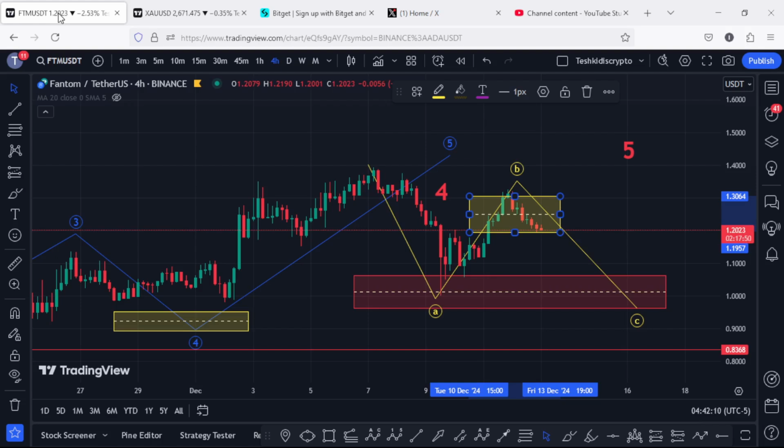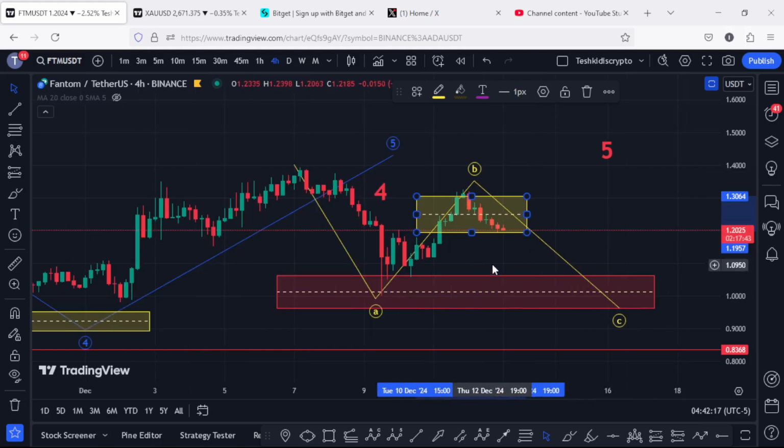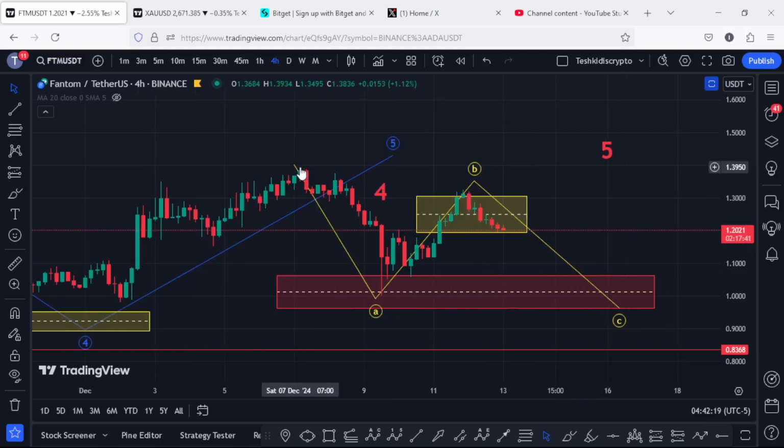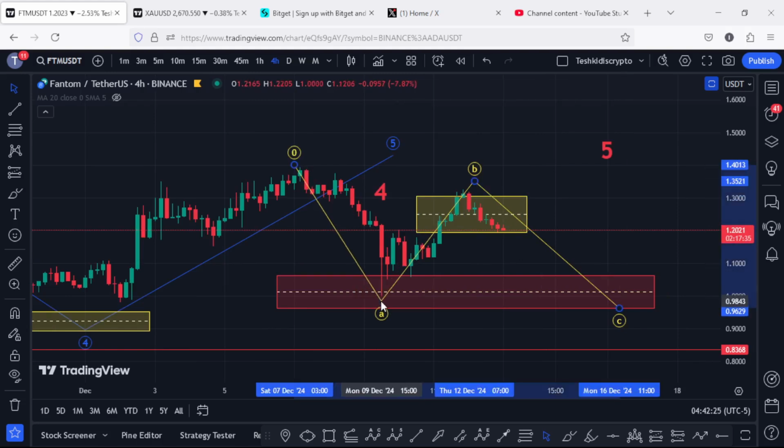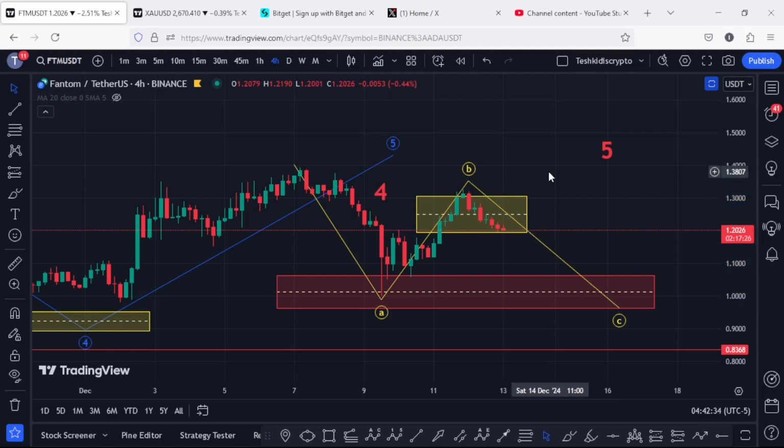Starting the video here on the 4-hour chart by first briefing you on this ABC corrective structure that is playing out here on the charts, where we have the wave A high above the $1.4. Then we saw a breakdown move in the formation of this wave A, giving us a low below the $1 mark. Then we started a bounce yesterday in the formation of this wave B,